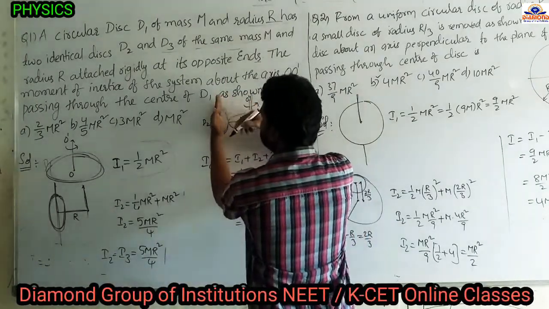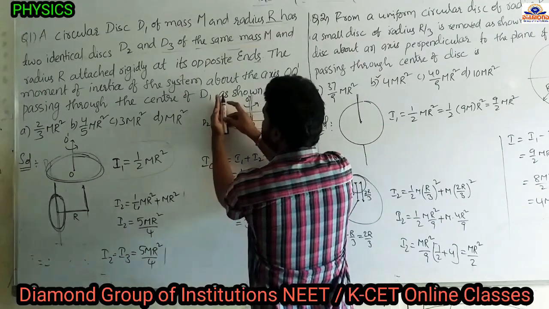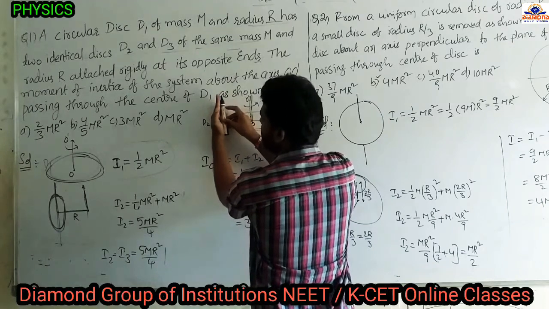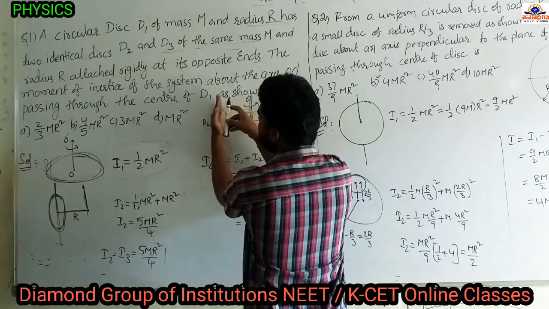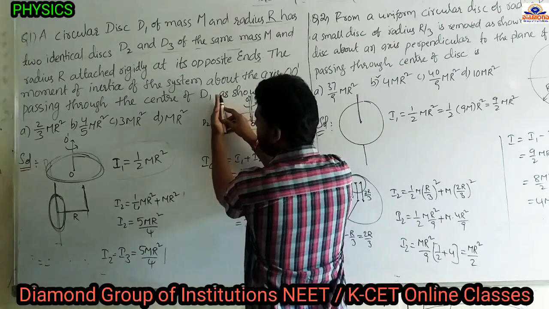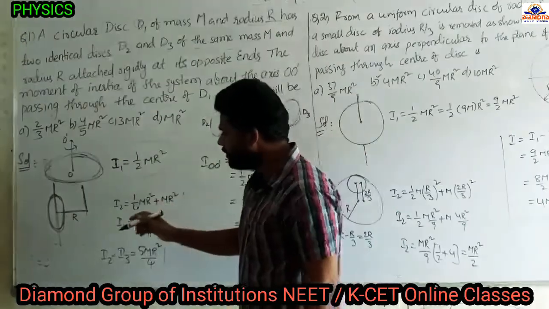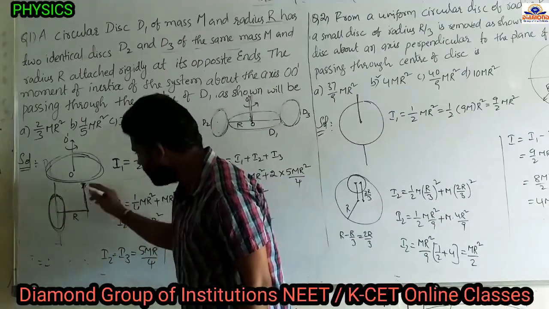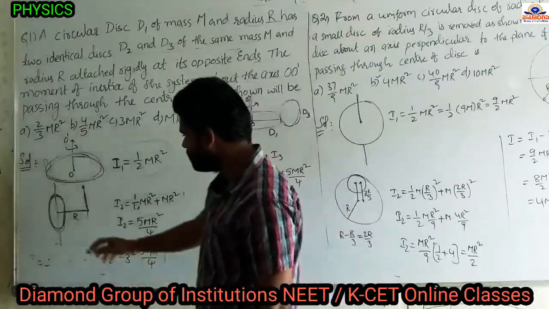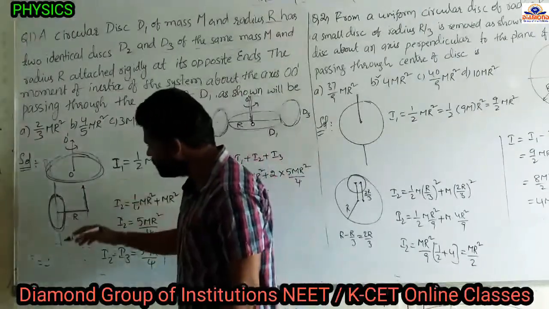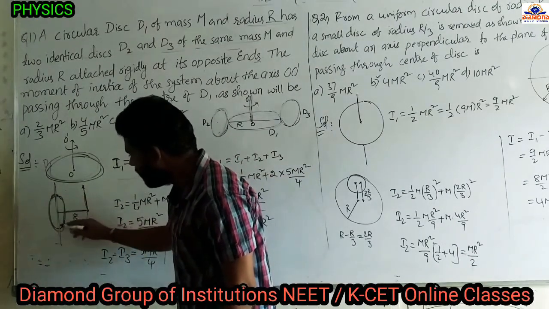So this is the circular disc now. For this axis we have to draw a line parallel to it. This axis is along the diameter of this disc. Now, if it is perpendicular to the plane of the disc, but here this axis is parallel to the plane and passing through the diameter. So this is the axis parallel to the axis of rotation. According to the parallel axis theorem, the moment of inertia of the disc equals the moment of inertia with respect to the axis passing through the diameter or parallel to the plane.